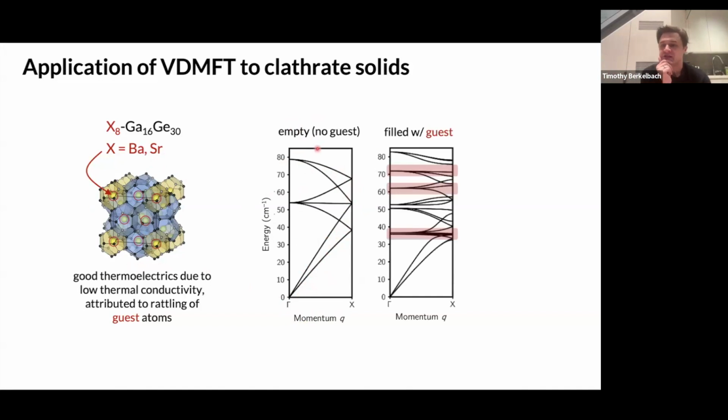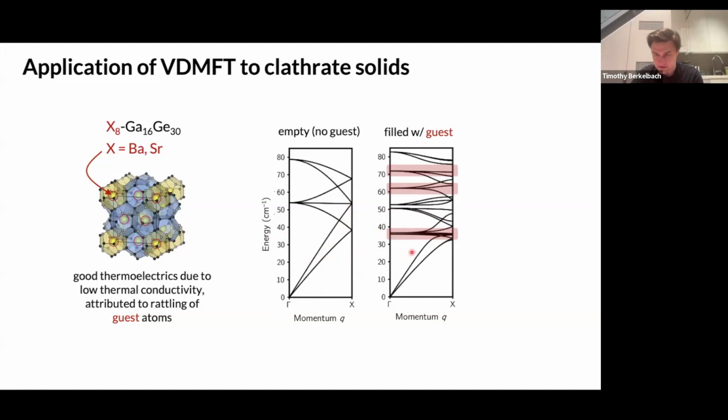But when I introduce these guest atoms inside of the clathrate cages, this is how the phonon band structure changes. I basically get some new, very flat optical phonon modes. And in particular, because these guest atoms almost rattle freely, they can be very low frequency. And so down here, there's a relatively low frequency, flat optical phonon mode that essentially cuts through the dispersion of